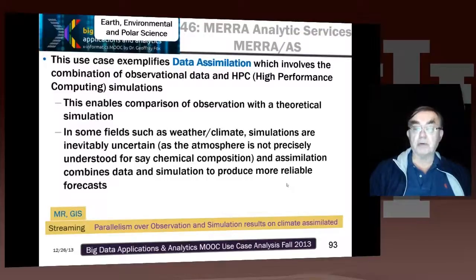So this involves data assimilation, which we mentioned already, and it combines, which is an idea that is pretty important. Normally you learn in class that when you do a simulation, which involves, say, a partial differential equation, you need some boundary conditions and some initial conditions. And that's enough to specify the system. Well, that's true if you knew everything about the system. But in the case of atmospheric simulations, the equations may be known, but the composition of the atmosphere is not known exactly. And so the simulations are